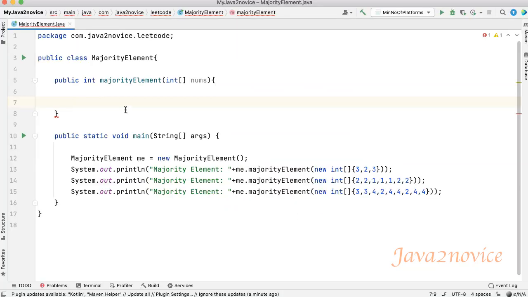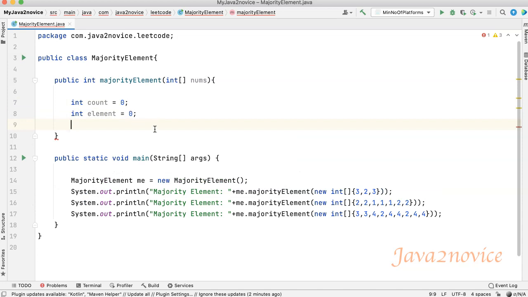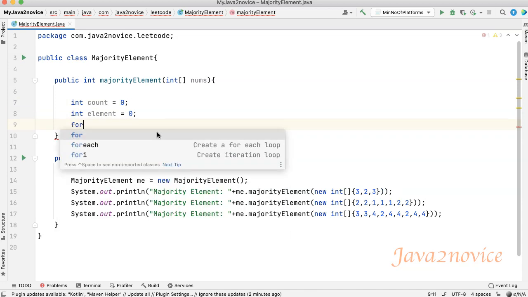I have already copied the method signature for majority element from LeetCode. It takes an integer array as input and returns an integer. Let's declare count and element variables. Their initial values are 0. We will iterate through the array using a for loop.